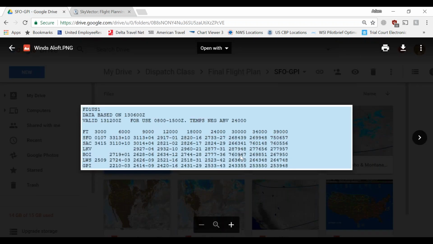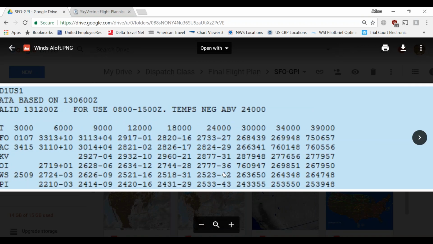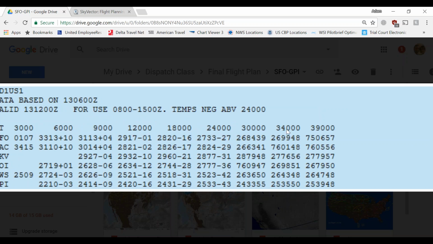Of course, we don't know our elevation, right? But we also know that we don't have anything restricting us either. So unless you have an MEL that's restricting your altitude, regardless of the temperatures, even if it's the worst ISA temperature, you can usually assume that you're going to at least get 34, 39, if not better. So just even looking at 34 and 39,